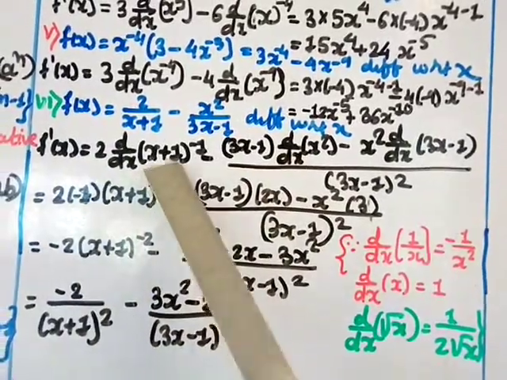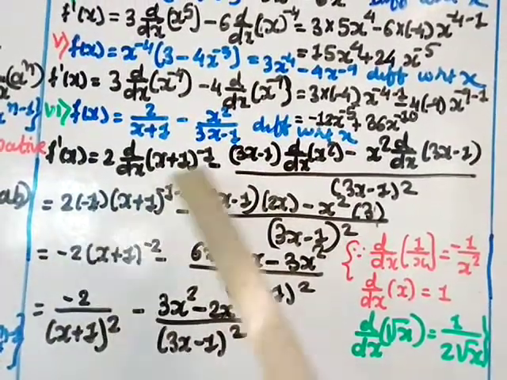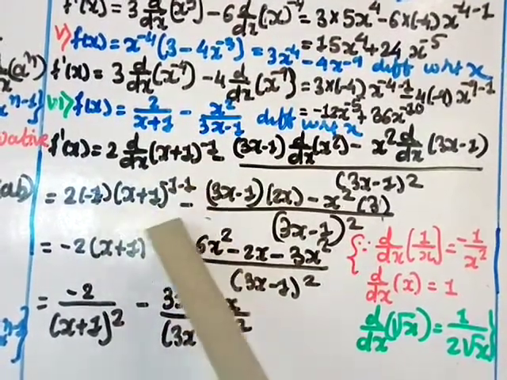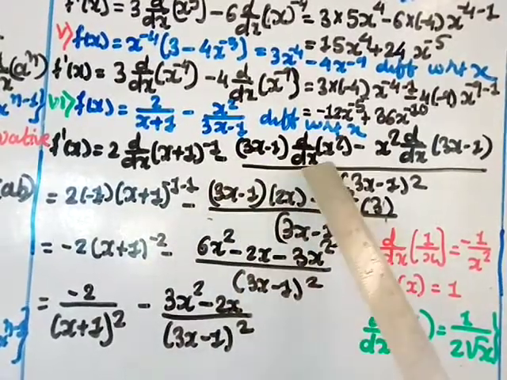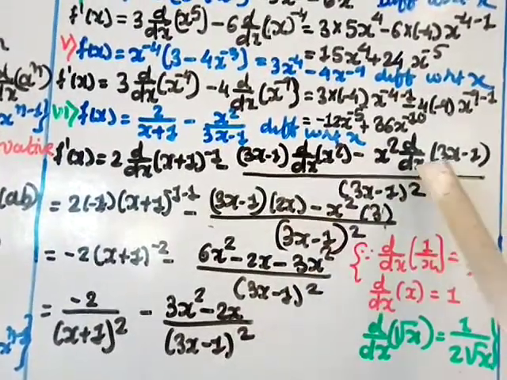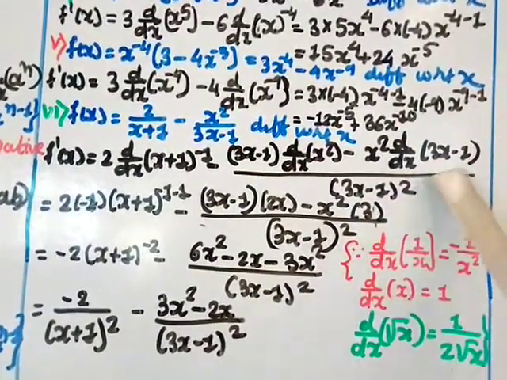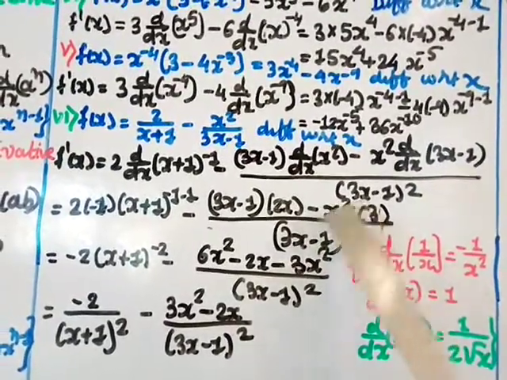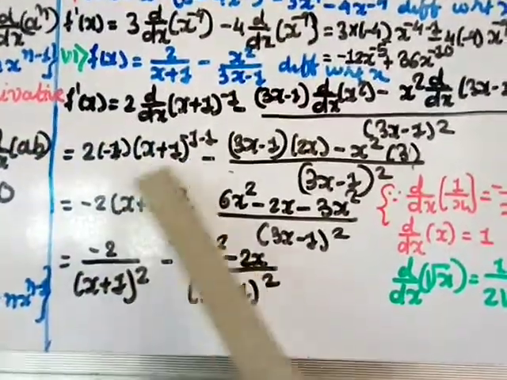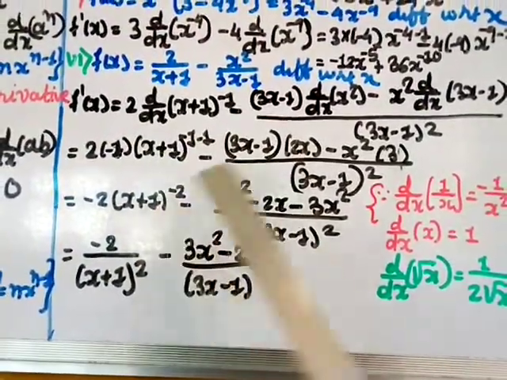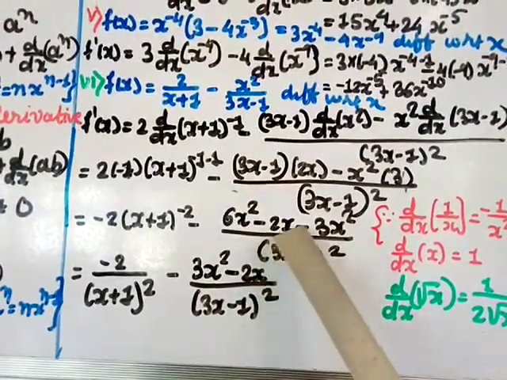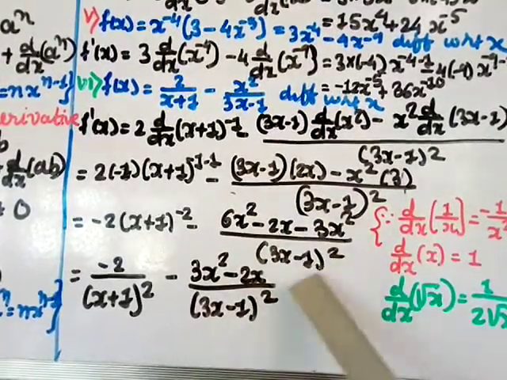2 as it is, and for this apply the same formula, x power n. So here n is minus 1 into x plus 1 power minus 1 minus 1, n minus 1. Minus 3x minus 1 as it is, x square derivative by applying the formula x power n, it is 2x. Minus x square, here 3, x derivative with x is 1 minus 0, so this derivative will be 3. Denominator 3x minus 1 whole square as it is. Minus 1 into 2 is minus 2. Here x plus 1 power minus 2, minus 2x into 3 is 6x square. 2x into 1 is minus 2x, minus this 3x square divided by denominator as it is.